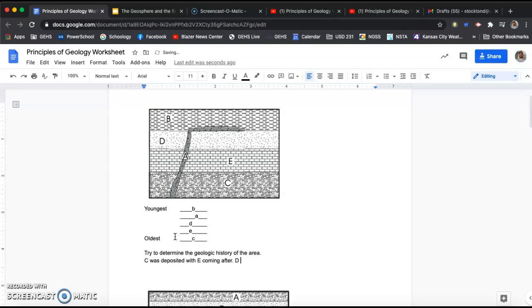D follows the limestone, I believe that's basalt. I'd have to go back and look. Oh, I'm running out of time. Okay, so then I'd say the dike cuts through C through D be